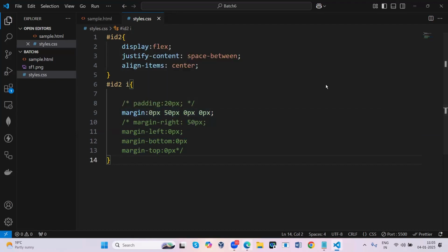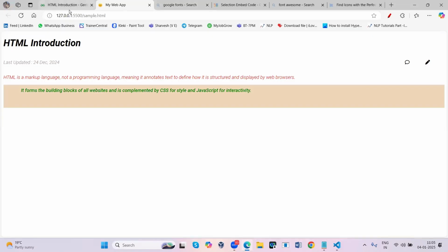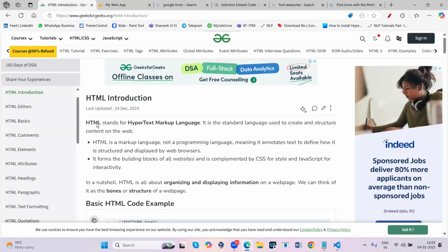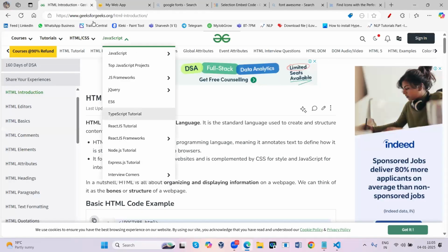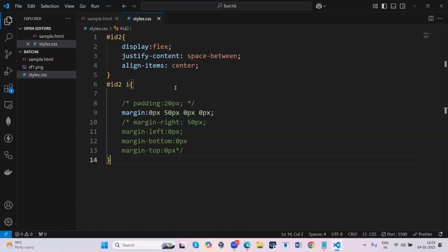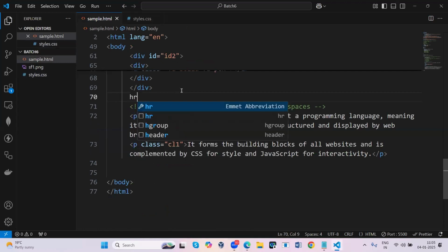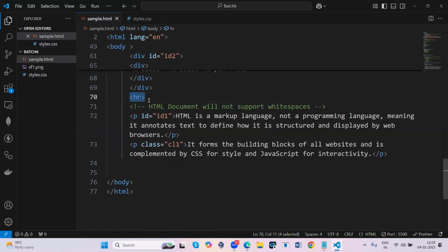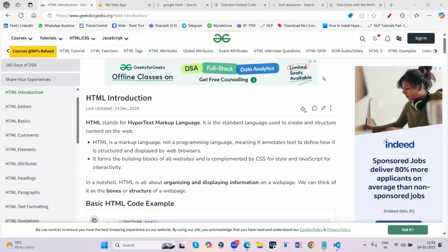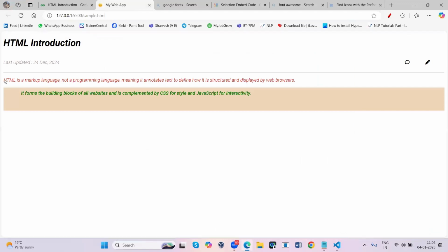Okay, so now this is okay. Coming to this one, you have a line below this. This kind of line can be generated using an empty tag, which will not contain a closing tag. It will contain only a single tag, either called an opening tag or single tag. The hr tag is nothing but the horizontal rule tag. It will generate the line below it. So this is what we have learned till here.